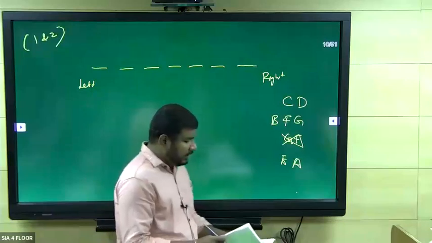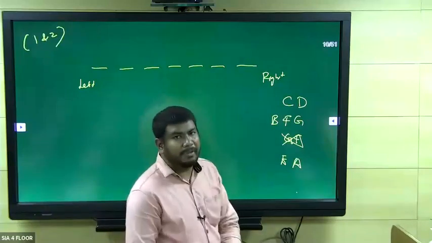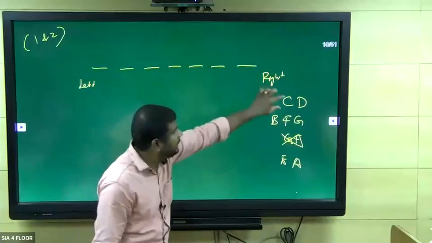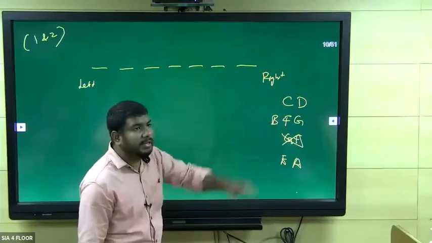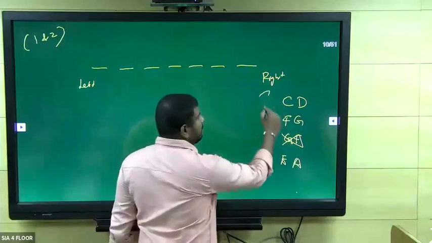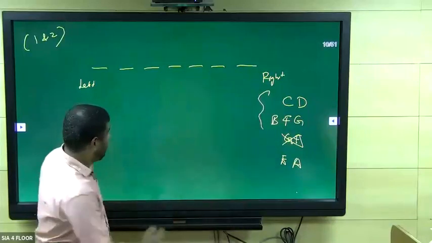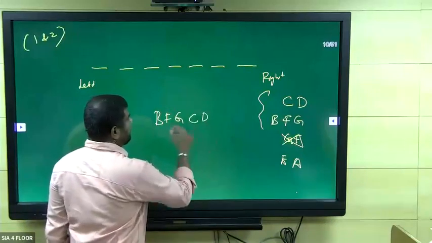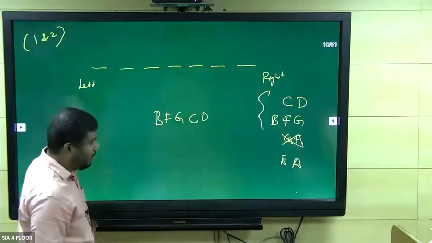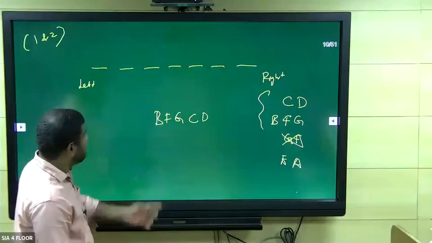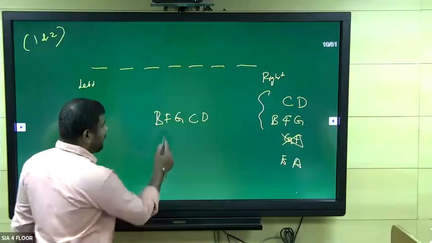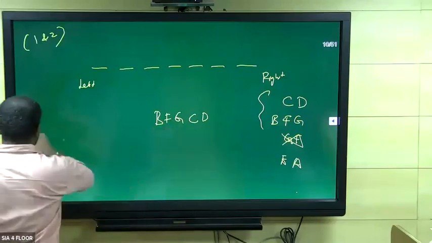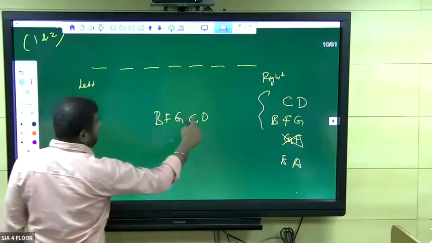So fifth one, C and B have 1 person between them. Listen, guys. C and B have 1 person between them. C is here and B is here. Now we need to mingle these two. Okay. Now B, F, G. Now I'm going to write C, D like this. If I take it like this, what is the given statement? Fifth statement: C and B have 1 person between them. But here we have 2, right? So this cannot be correct, right?